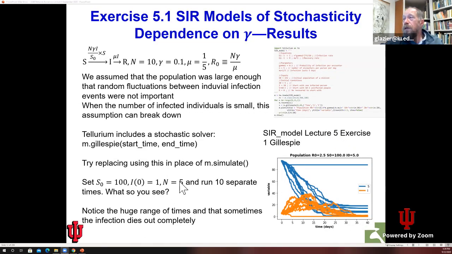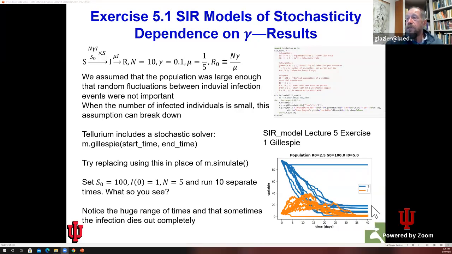Okay, so here's what my little model looked like. I put a little title on the plot, although I should probably have truncated the strings so that they look better. And I ran 10 replicas. So I said for n in range 0, 11, 1, so I'm going to run it 10 times. Reset it, run the Gillespie, plot it, and overwrite the plot. And what you see is that for the values that I gave you here,